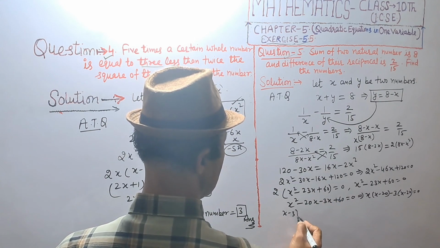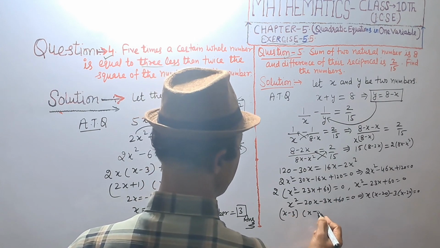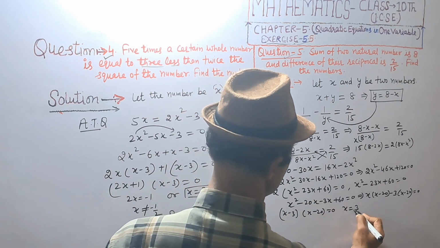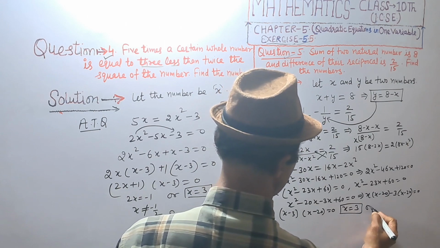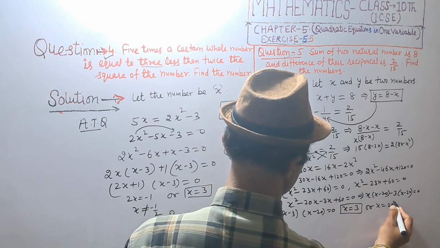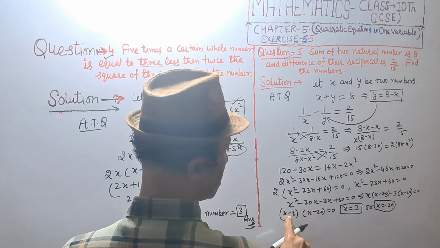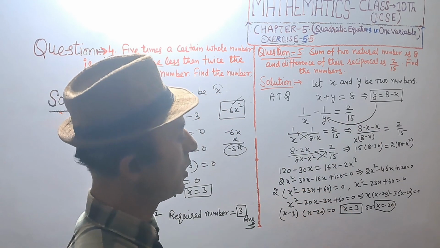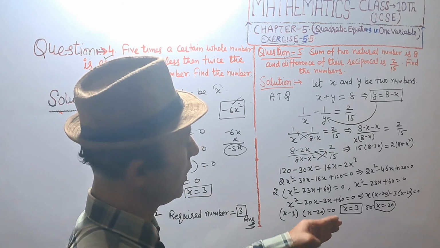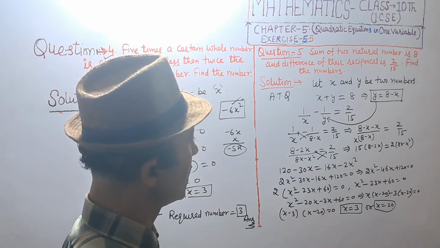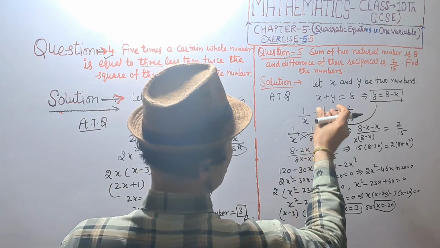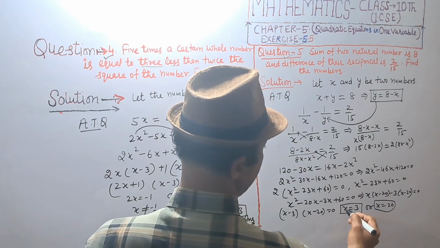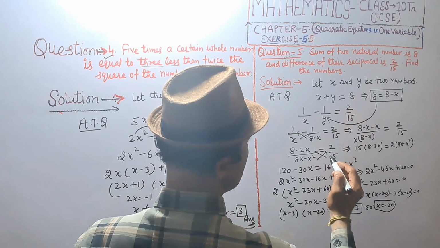(x - 3)(x - 20) = 0. So x = 3 or x = 20. x - 3 = 0, this will be positive 3. x - 20 = 0, x = 20. So the sum of two numbers is 8. 20 is rejected, and we are taking x = 3,